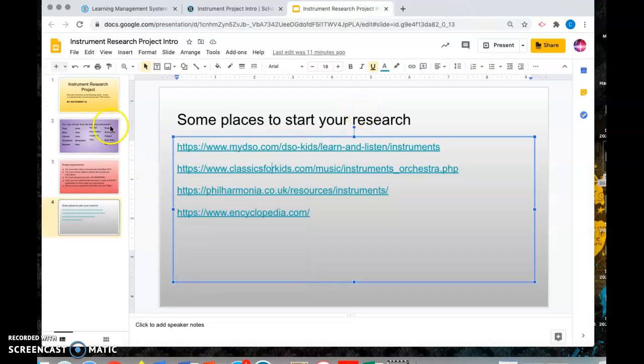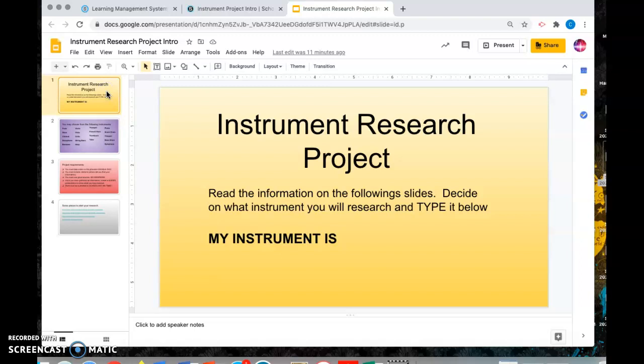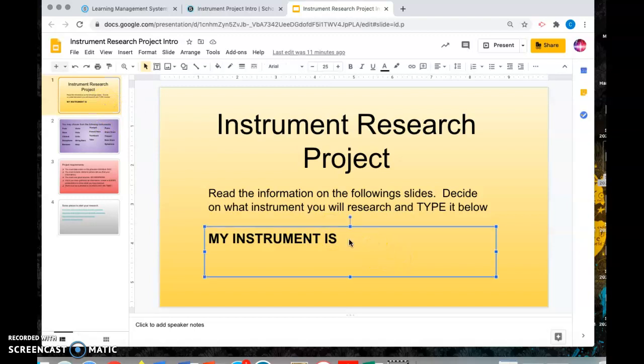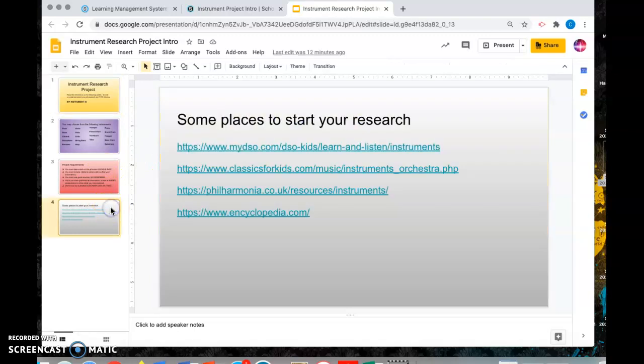So this is your assignment for today. Read through the slides again. Make sure you type the name of the instrument you plan to do your research project on. Once you've done that, and you don't owe any work, you can start exploring some of the websites that are here and see what information you're able to find. All right,